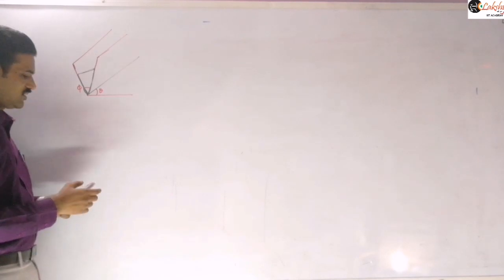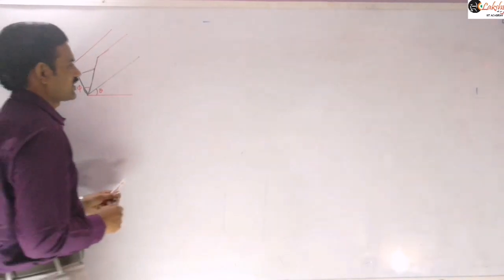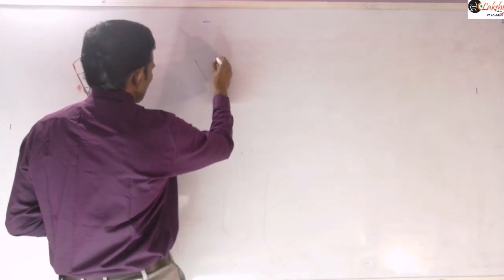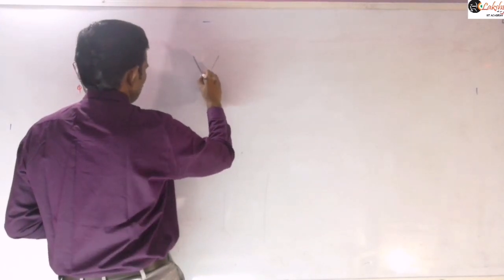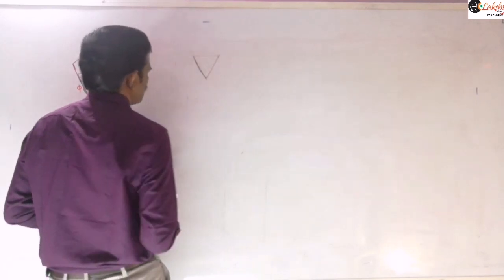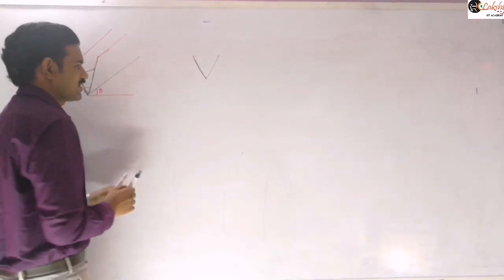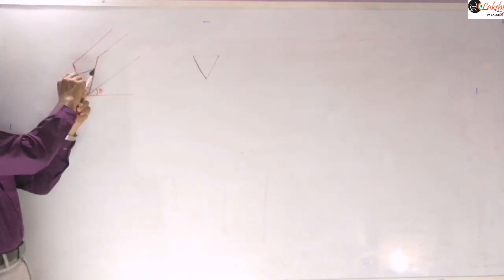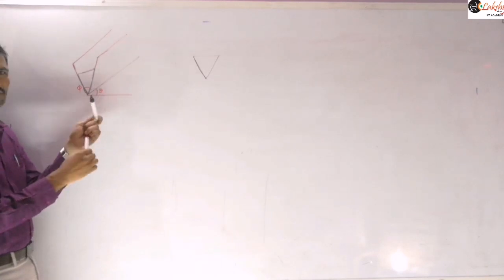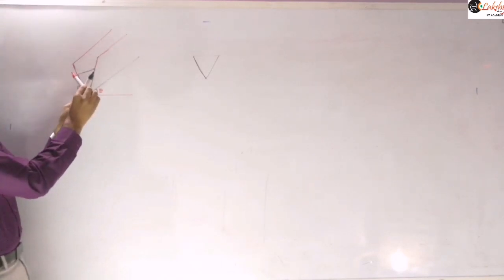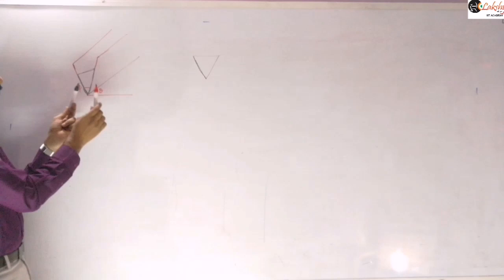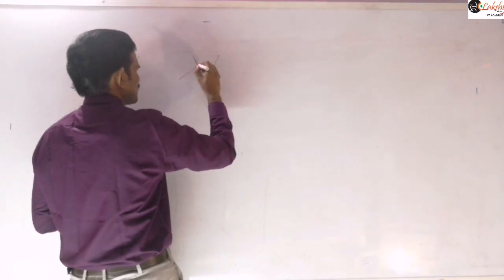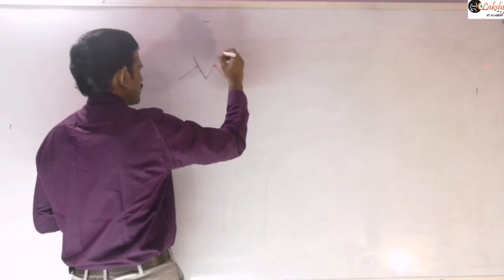it easily. Now, to draw the free body diagram of this, we need to consider the weight of the block and the normal reactions. Two normal reactions will be there. One normal reaction from this block will be there like this, and another normal reaction will be there like this, the other normal reaction from this wedge.